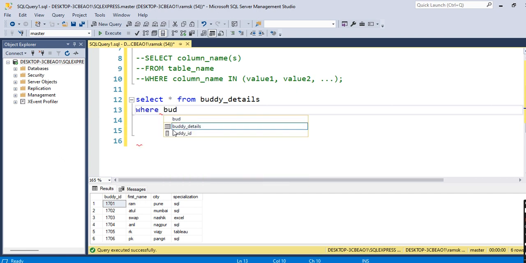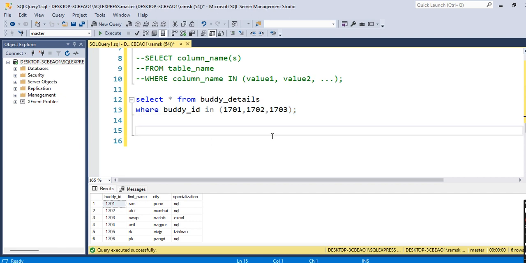WHERE body id. Now I will use the IN operator in this query, WHERE body id IN 701 comma 702 comma 703. Complete the query. So now what this query will actually do, it will fetch only body id where the